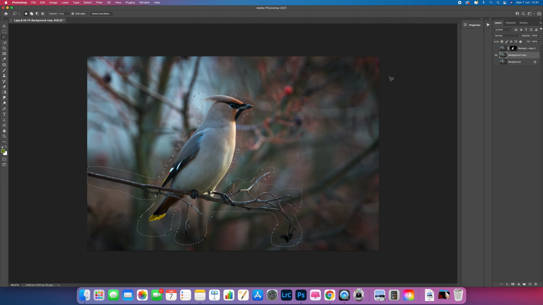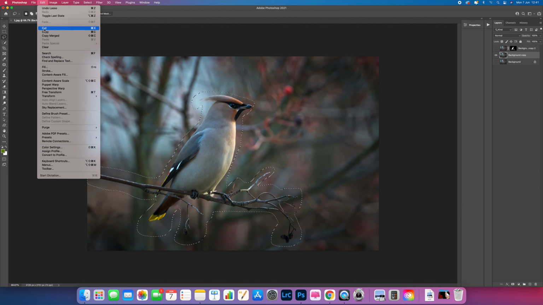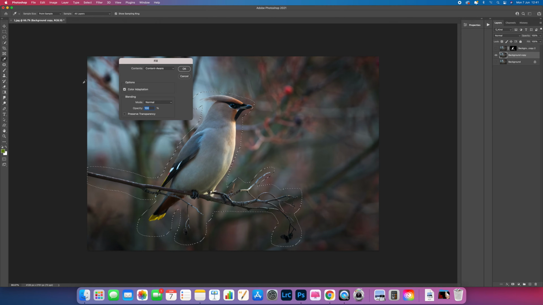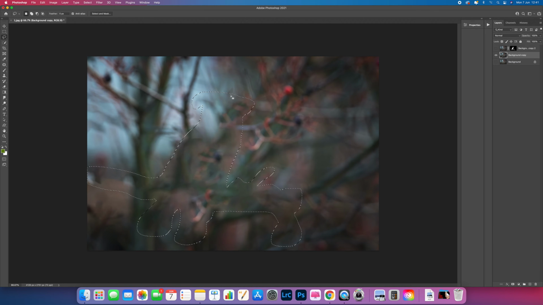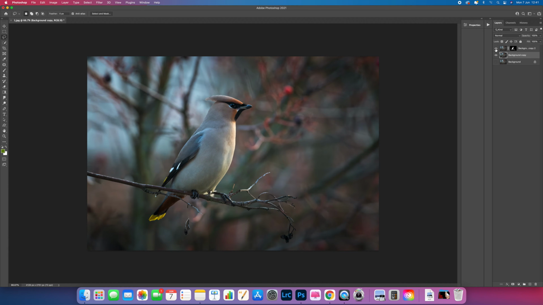I need to be on the background layer there, and then come to Edit, there we go, and go to Fill, and then Content Aware, press OK, and what that's going to do is fill in the area for us. So then you can press Control or Command D to deselect that, and it's done a pretty good job. Okay, now if we click on this here, bring our selection back, we can see there's the bird coming back,